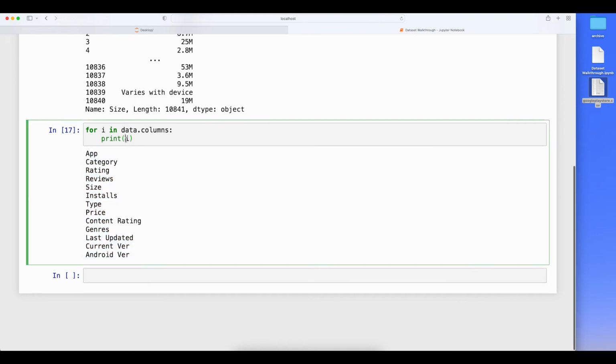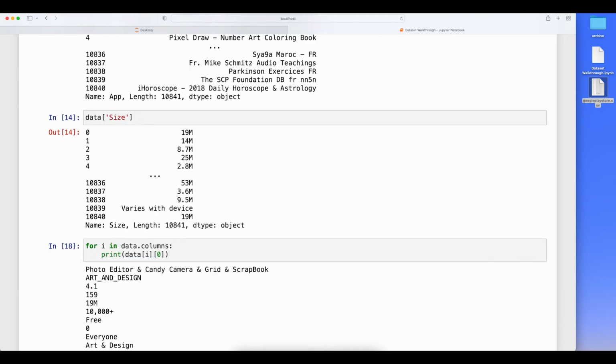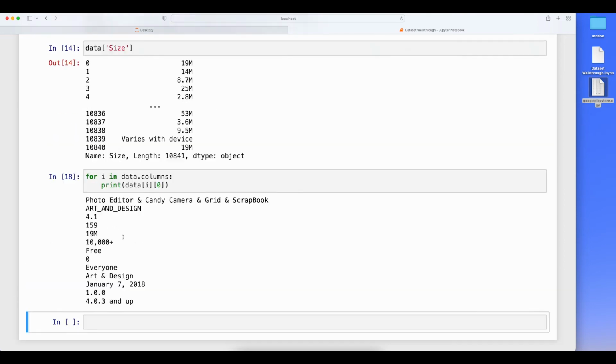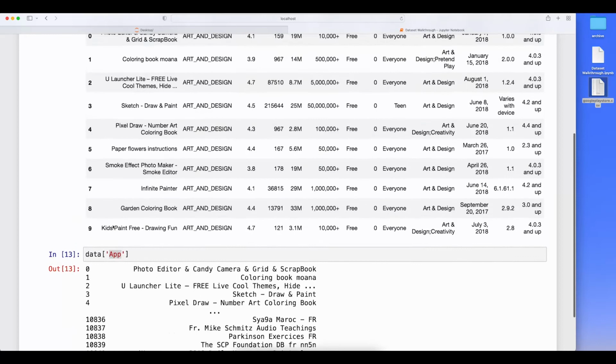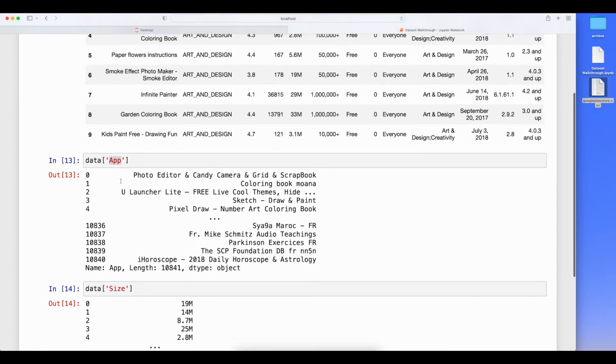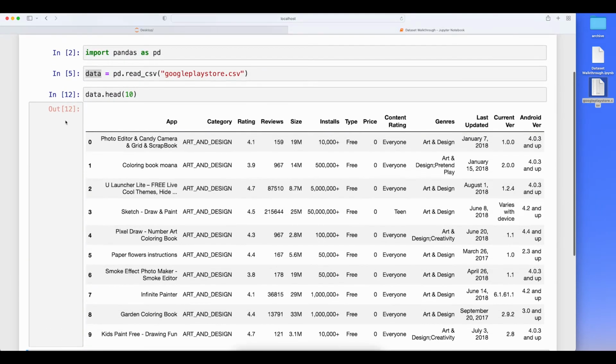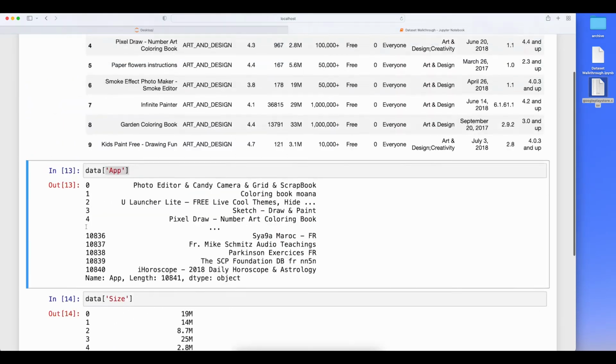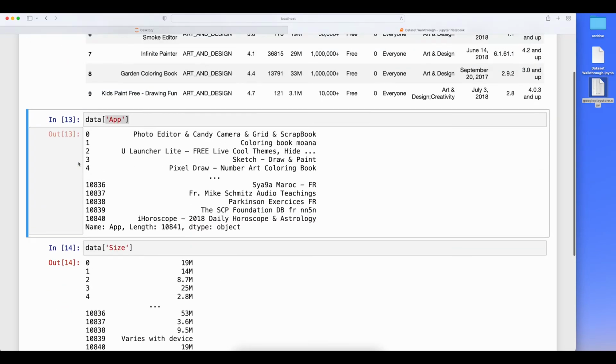And similarly, I can pass the data of i, right? And let's suppose I'm taking the first index of it. That is also something that can be done. So this is how I can access the columns. Similarly, how can I access the rows? To access the rows, I can do something like